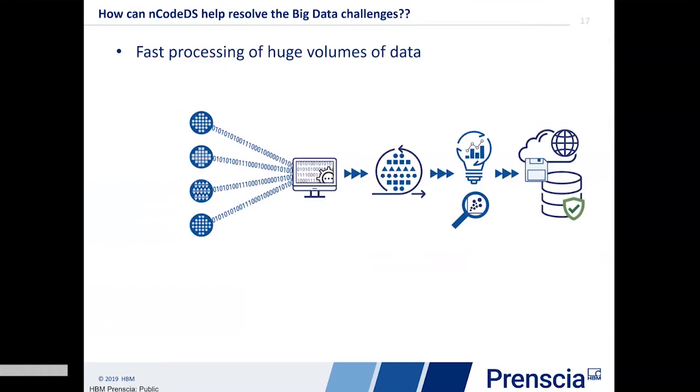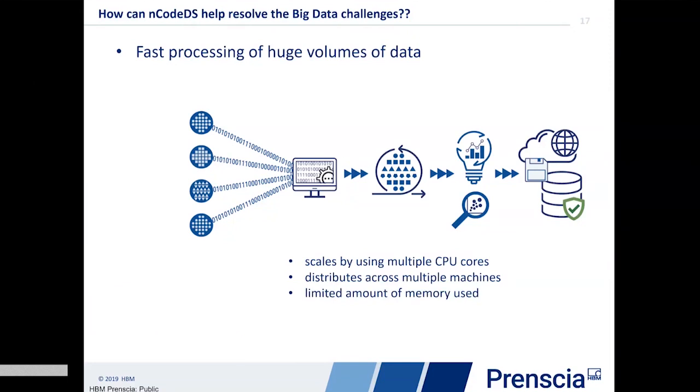So this little sketch illustrates a processing framework. It consists of inputs, analysis, displays, and outputs. All this typically happens in Akira, right? And nCodeDS stands in the middle, being the analytics engine. So nCodeDS is scalable. It uses very effectively the multiple CPU cores that are on the server machine. It can distribute the analysis on a file by file, for instance, basis that's managed by Akira. So you'd run in parallel, and it's lightweight.